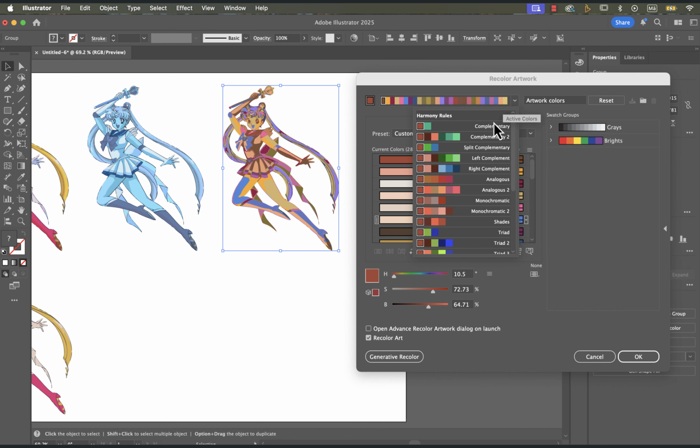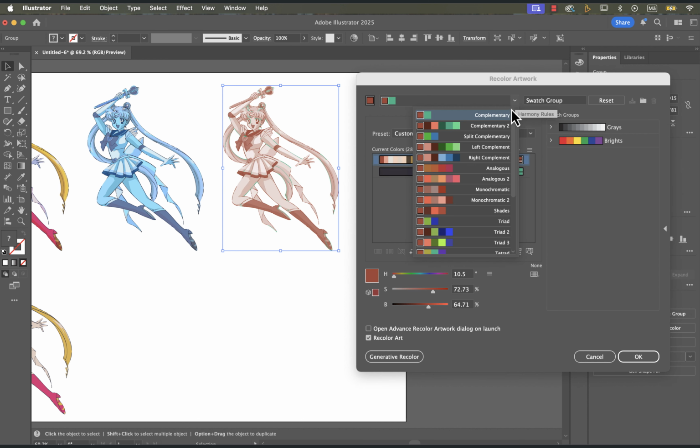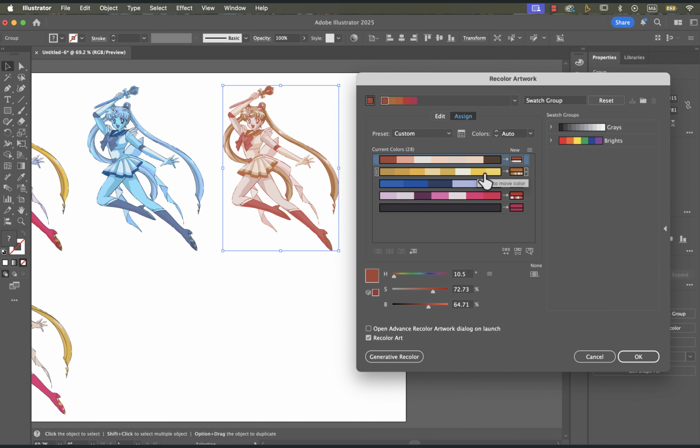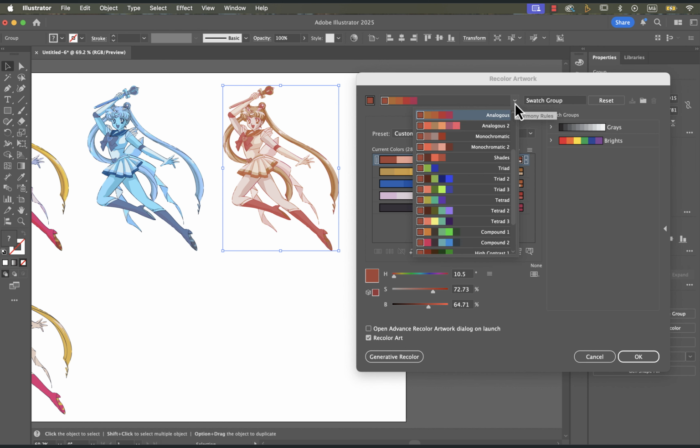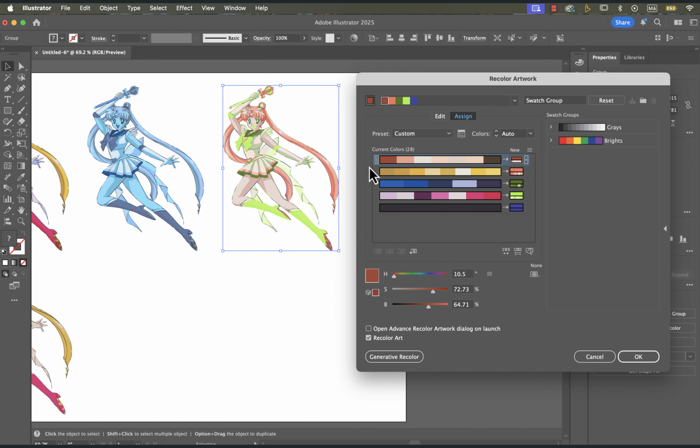Up here as well we have things like color scheme, so complementary colors, and they're just keeping it on the same area, warm or cold on the color wheel. Lots of things that you can play with. This last one is a strange one. It's a search one. So if I click on this and then I click on a color, that color comes up. So I can see it's the color of the skin tone, the darker skin tone. With that, I can now double click on this little box here,